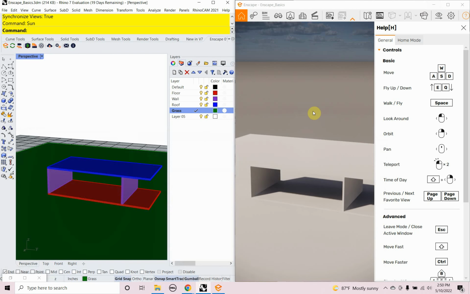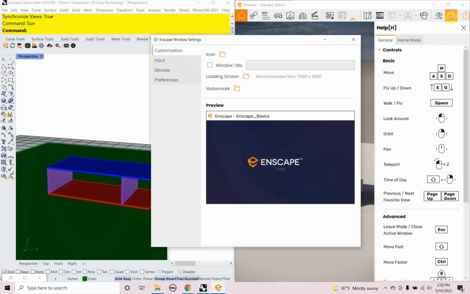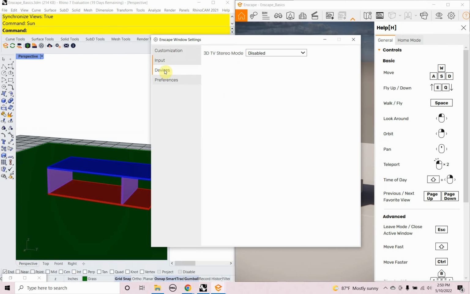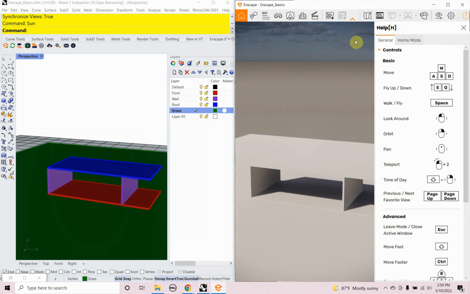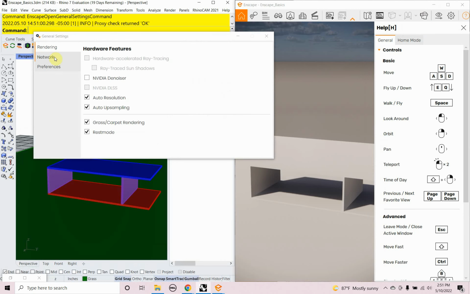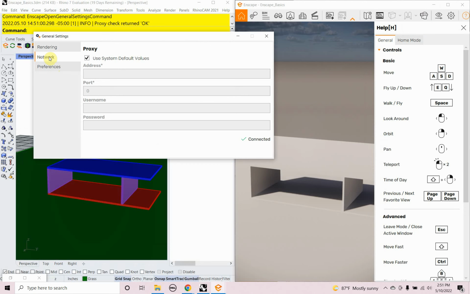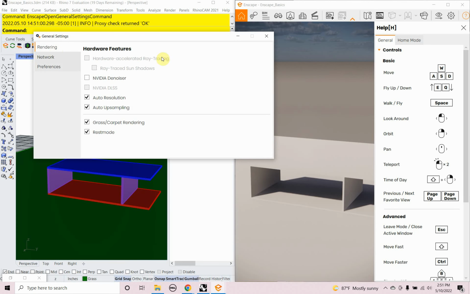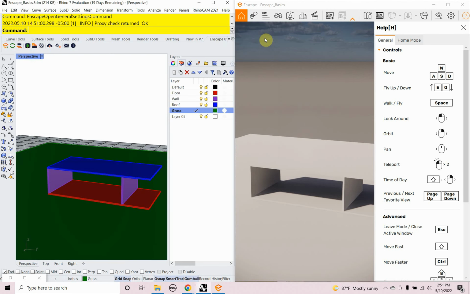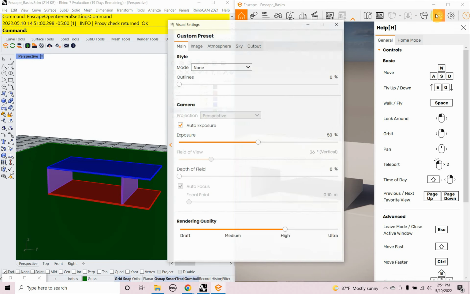Okay, so we can find this under the settings, and we're going to go to, now it might not be under the settings here. It's going to be under the settings in the Enscape toolbar. Okay, so this gets us back to this Enscape toolbar. So we're going to look at clicking on that. And let's see. Oh, it's not there either. So that leaves me one more place to look, which is under visual settings. Okay, so under visual